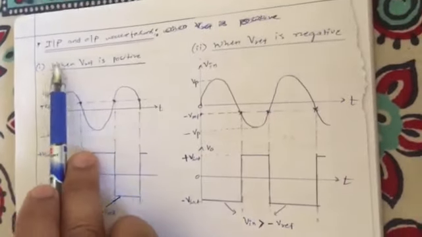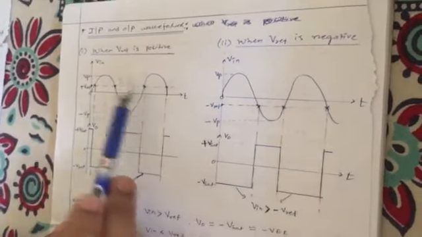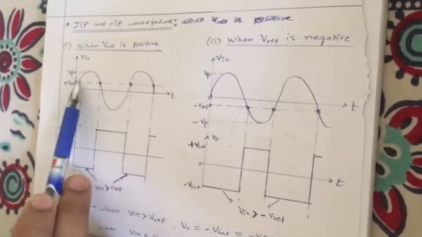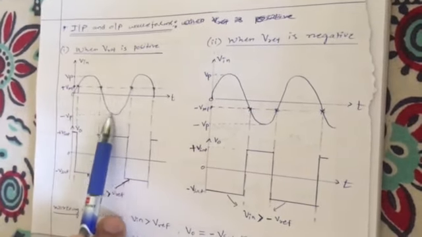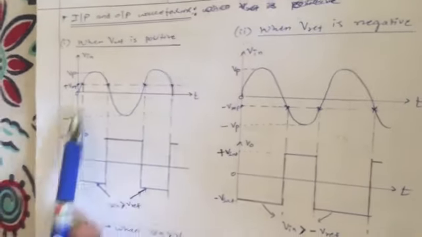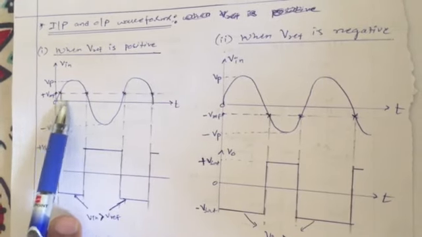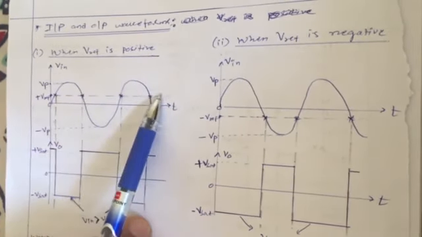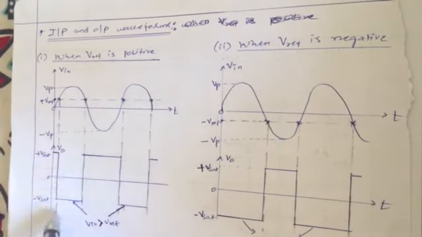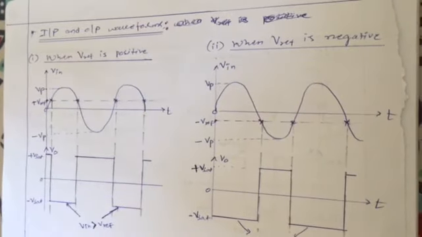Okay, now let us draw the input-output waveforms. Again, there are two cases, students, based on the V reference. The first case is when V reference is positive. We know what the input voltage is: input is a sinusoidal voltage. Draw the sinusoidal voltage, indicate the two peaks plus Vp and minus Vp. Since V reference is positive, indicate plus V reference above the x-axis here and cut the Vin. Wherever it cuts the Vin, indicate cross marks like this and extend the vertical lines to draw the Vo. Before drawing the Vo, let us understand the working.